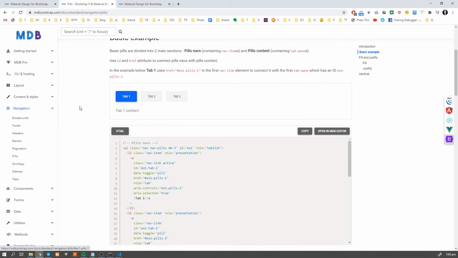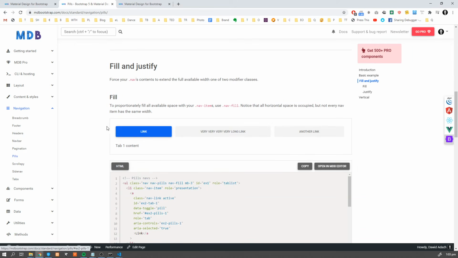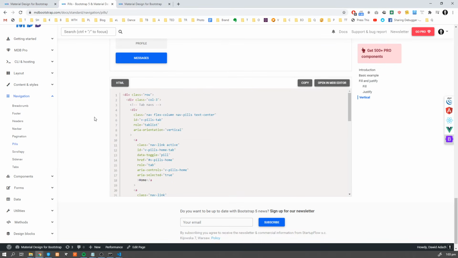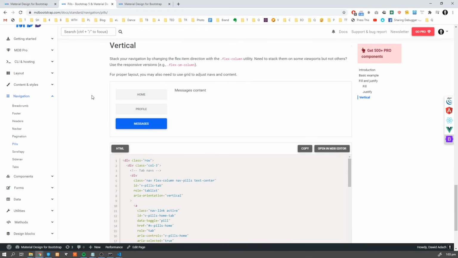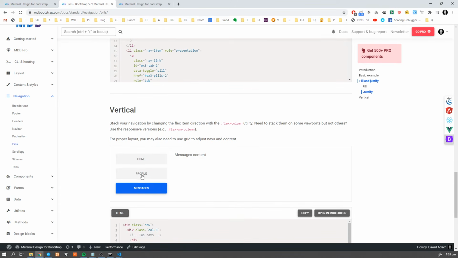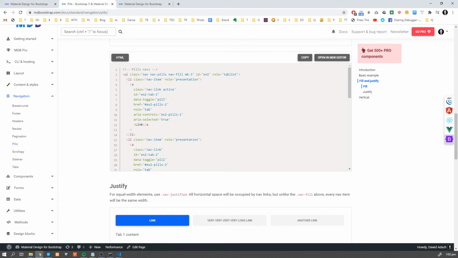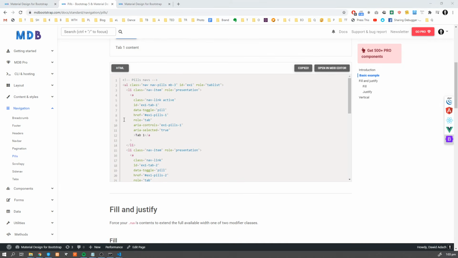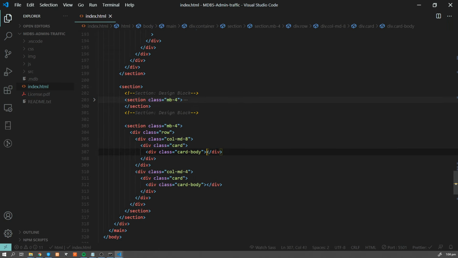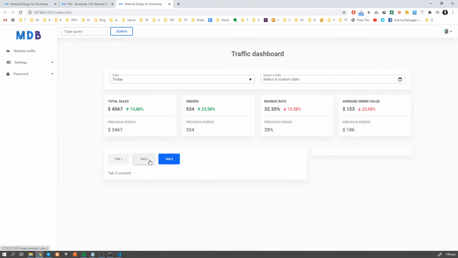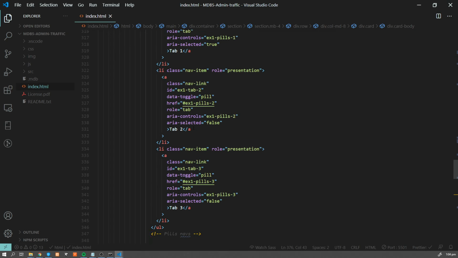So here we have different examples. Obviously, you can have different options. You can have vertical pills. So you can imagine already that you can create a lot of different setups for a settings page and so on, or even some chats. We obviously gonna use a basic example here. And paste it to our first card body. Let's see how it looks now. Yeah. Now we are missing one tab, so now let's add this tab